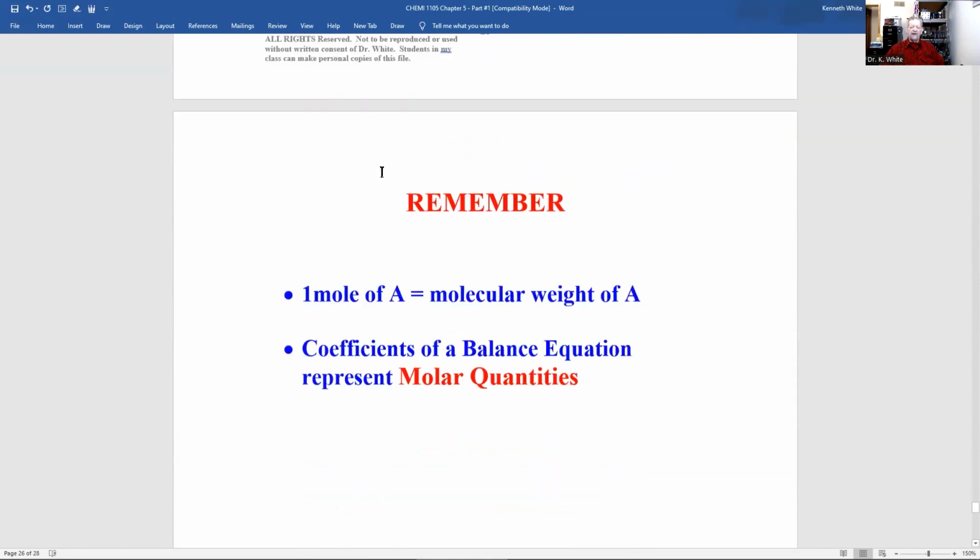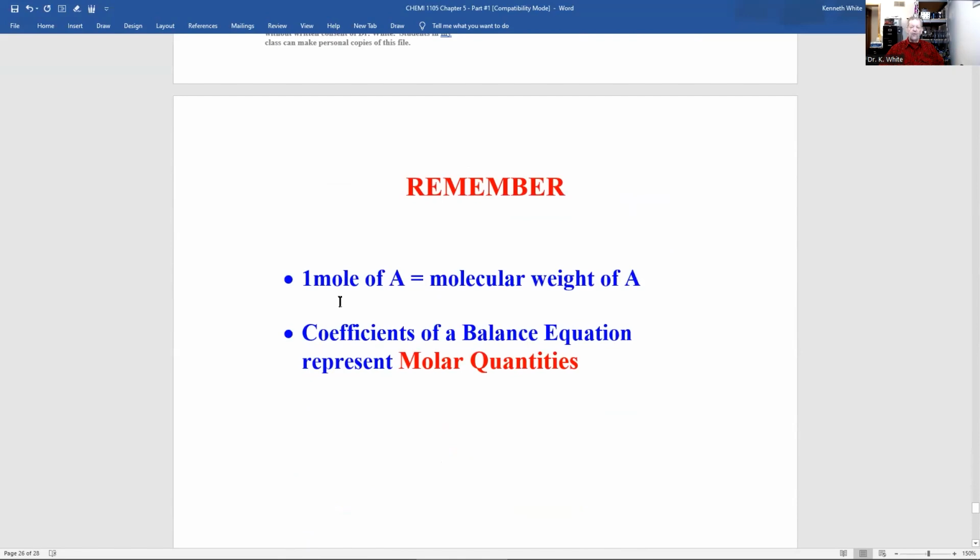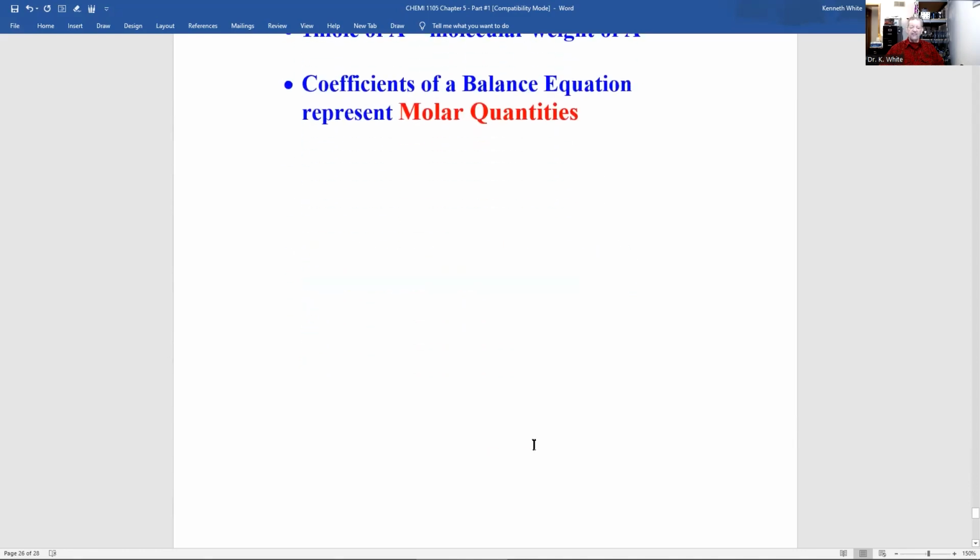The important part to remember: 1 mole of A, if it's a compound, equals the molecular weight of A. And the coefficients of a balanced chemical equation represent molar quantities. Again, this is given to you